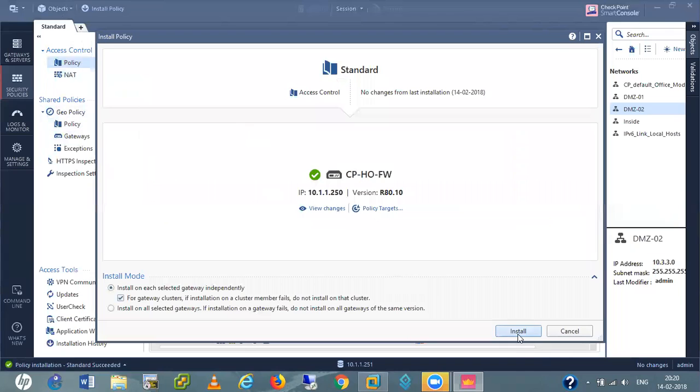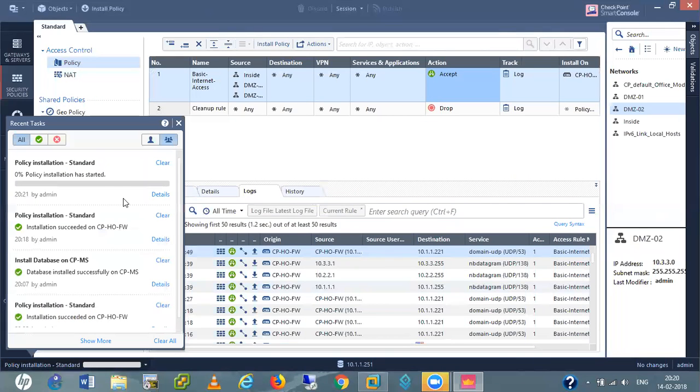Let me install one more time. It must decrypt. Okay. I don't know why it is not decrypting for now.